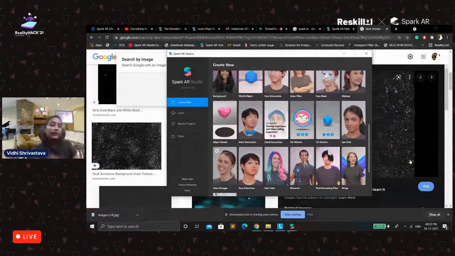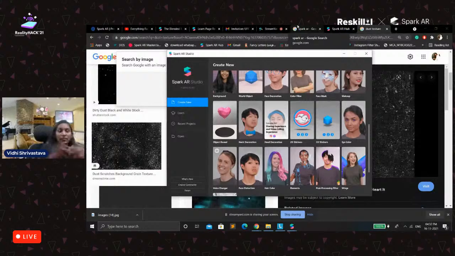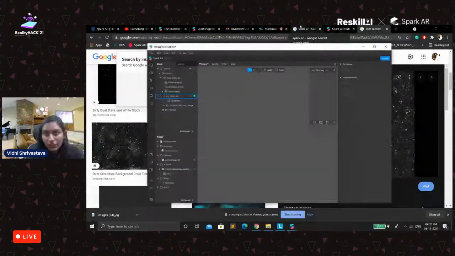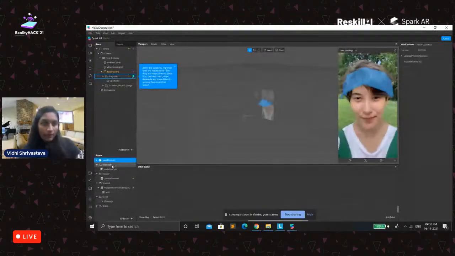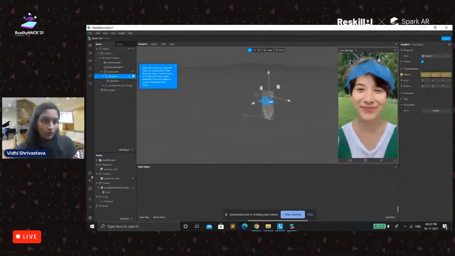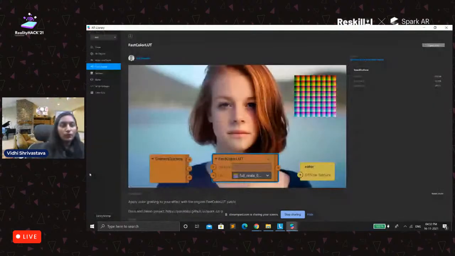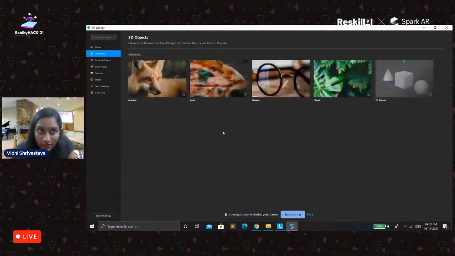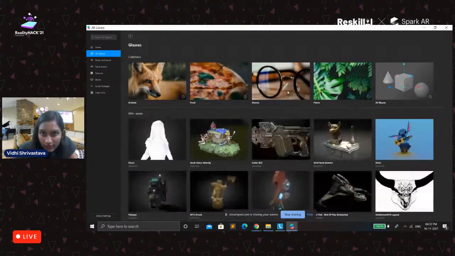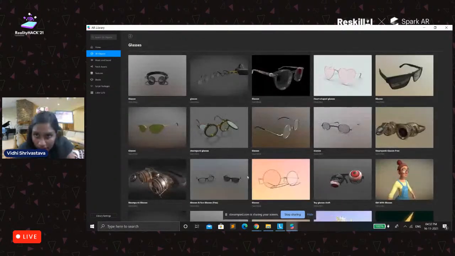choose the head decoration because it's again one of my favorite templates. If you are working on a project where you can add customized, for example, glasses or a hat or something like that, you could just prefer this head decoration patch. What you will do is just remove this. First of all, let's go to our patch editor and extract some cool 3D objects. Let's take a hat or glasses.